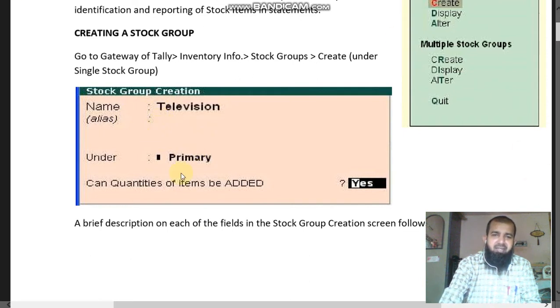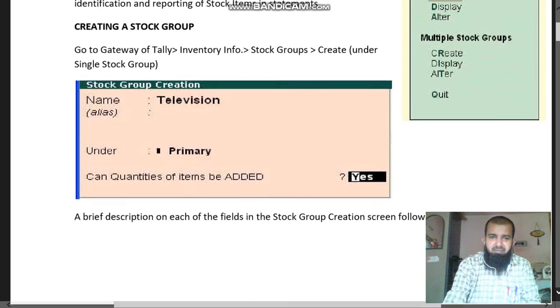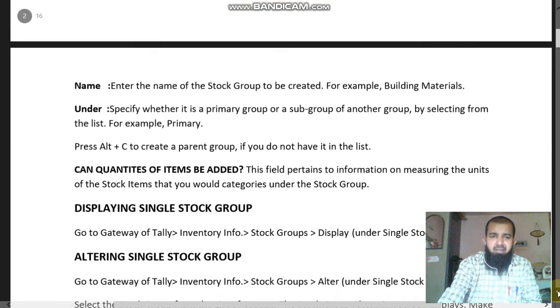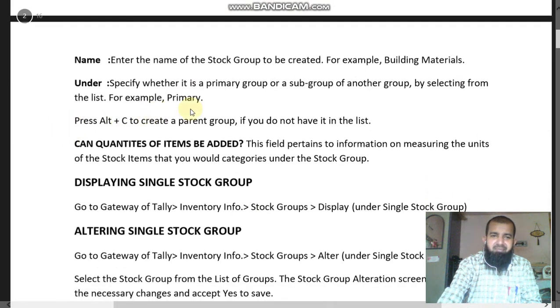Under specifies whether it is a primary group or a subgroup of another group, selected from the list, for example primary. You can also press Alt-C to create a parent group: click Alt-C, then enter the group name and select under. For the name, enter the name of the stock group to be created, for example building materials, maybe cement.